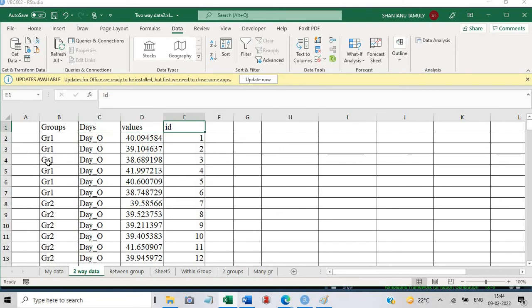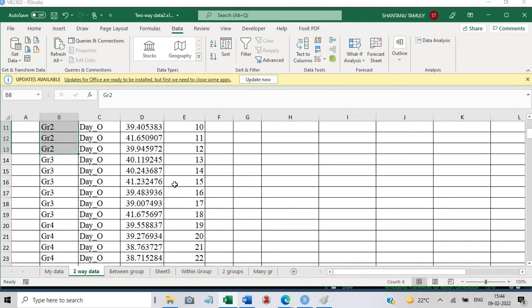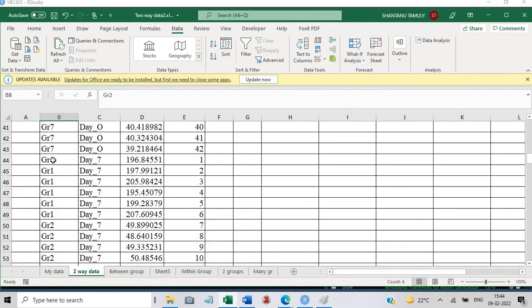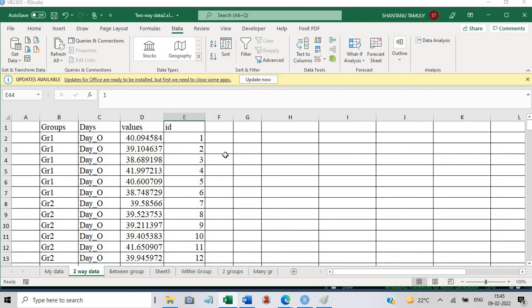So for group 1, day 0, like this, and then put the values in this way. Then group 2, day 0 this way. Likewise group 3, group 4, group 5. Then again next is the next time, day 7: group 1, day 7. Again it starts from 1, 2, 3, 4, like this. This way you will arrange your data.